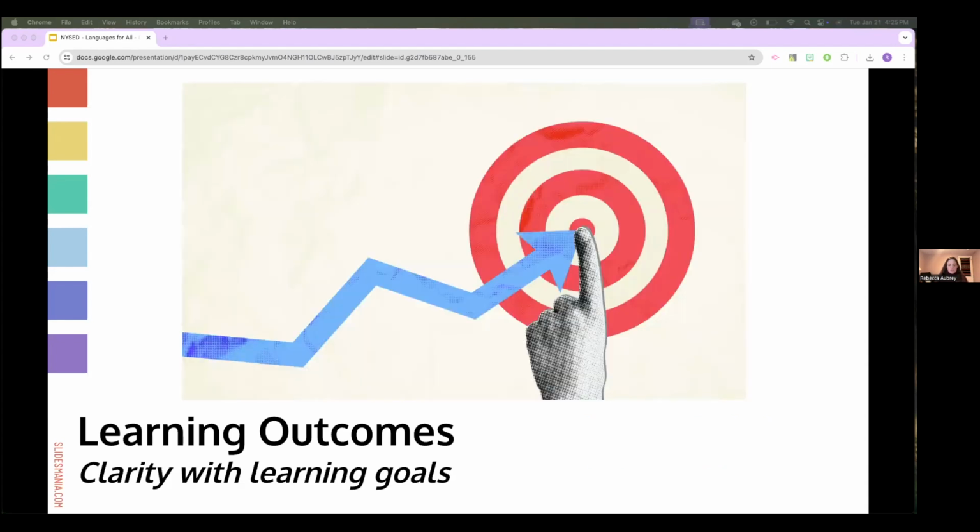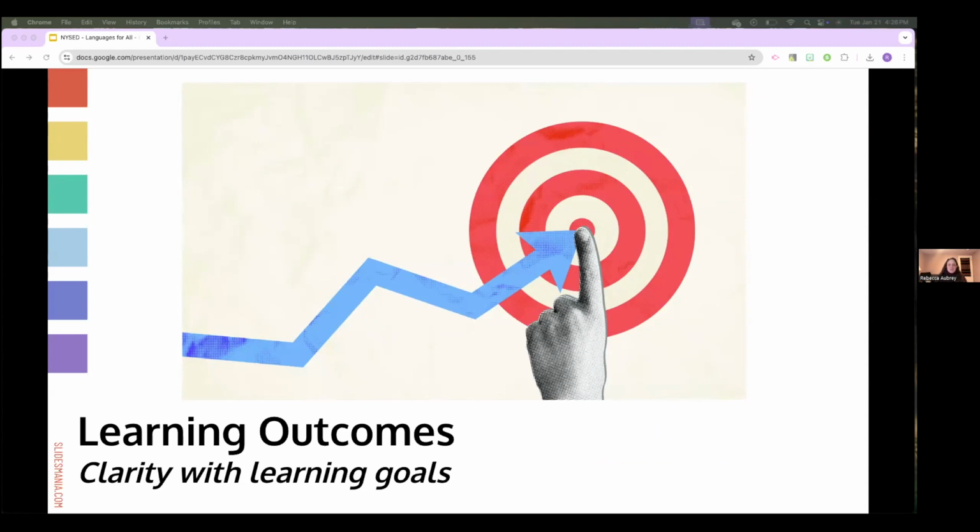Secondly, another really important piece of this stage is that you as an educator have real clarity with the learning goals that you have as part of the unit, but that students also understand those learning goals. I'm not sure about in New York, but clarity with learning goals is a very hot topic in Connecticut right